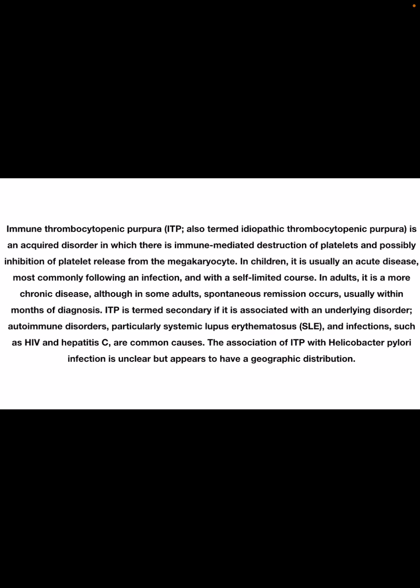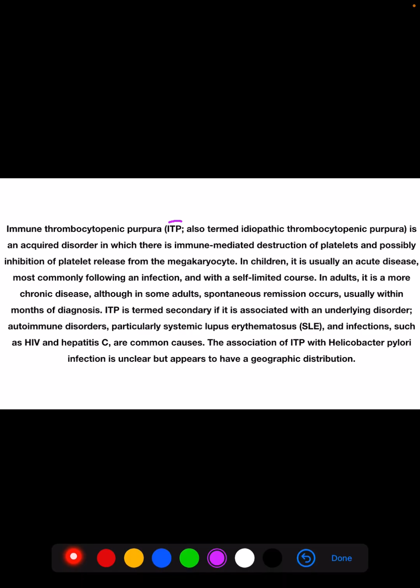So today about ITP. ITP is also called Idiopathic Thrombocytopenic Purpura. This is an acquired disorder. What happens in ITP is there is an immune mediated destruction of the platelets, and there is also inhibition of the platelet release from